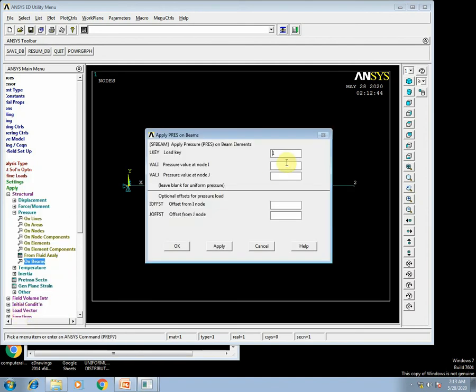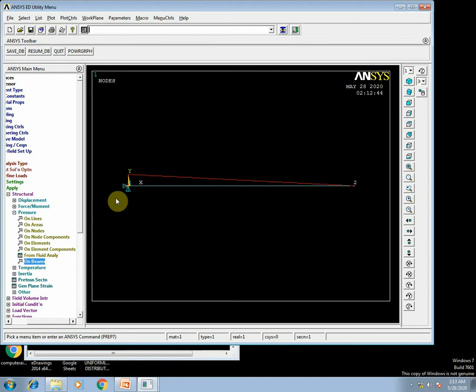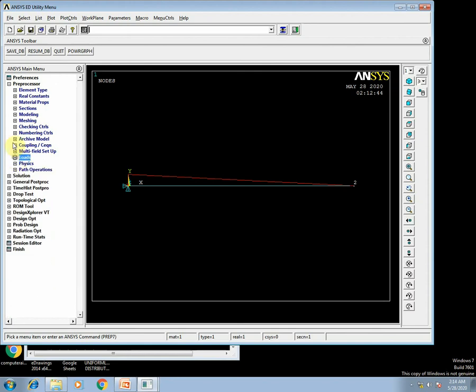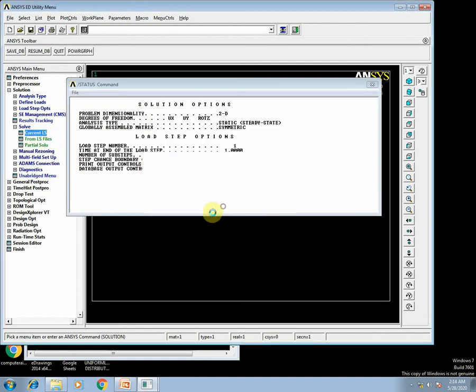Here it's a variable load. I is 3 kilonewton, 3000 newton. For J, the second point, it's 0. This is the variable load applied here. Solution, solve current LS. Okay.